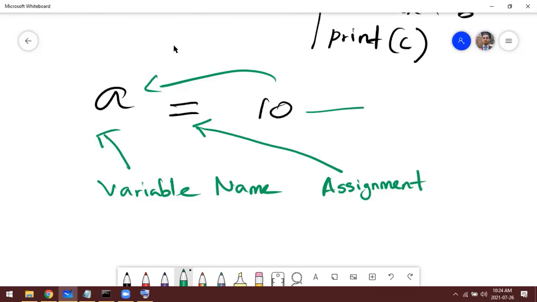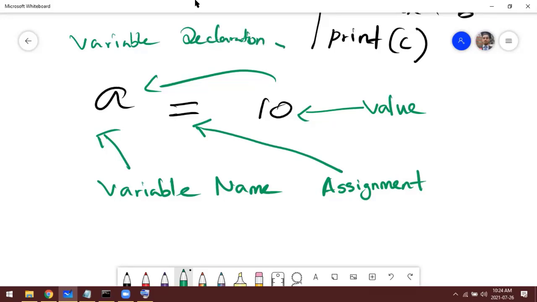And this one we call value, right? This is simply what we can call variable declaration and assignment.